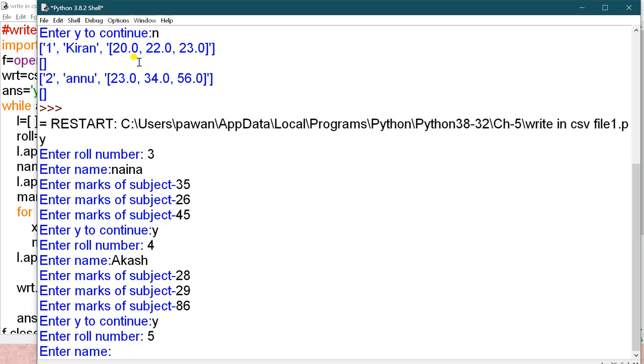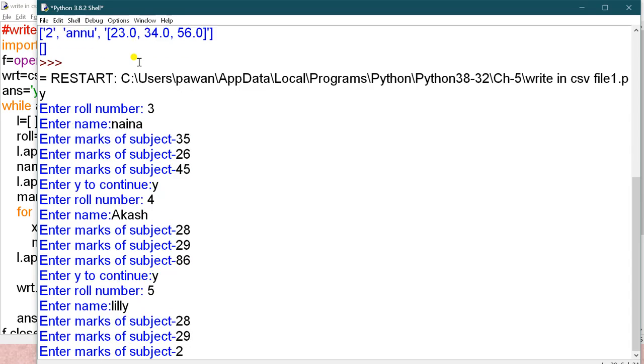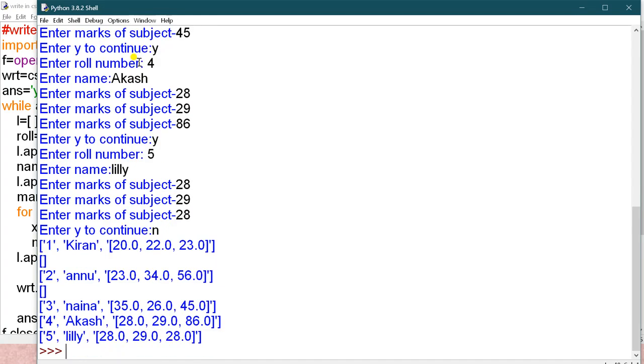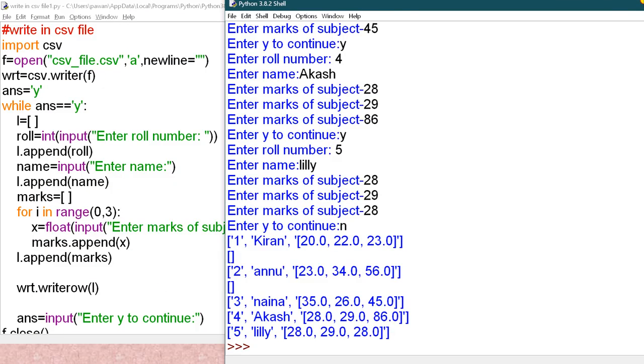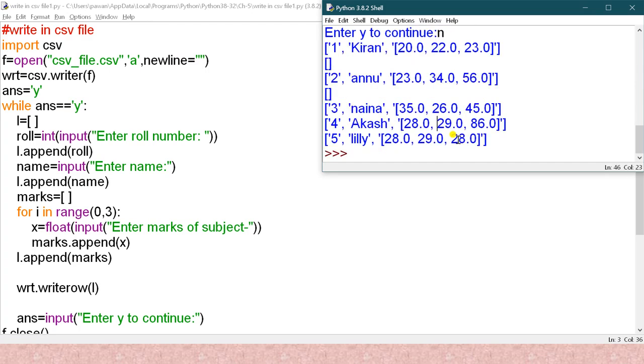Name is Lily, and the marks. Okay, continue? No. Now you can see in the last 3 rows, there is no blank line because here I have used this newline. It will not create any blank line.